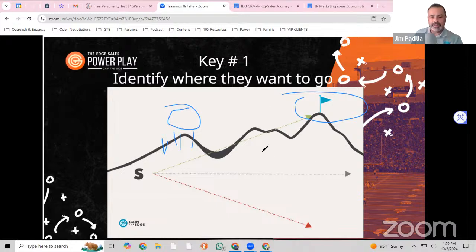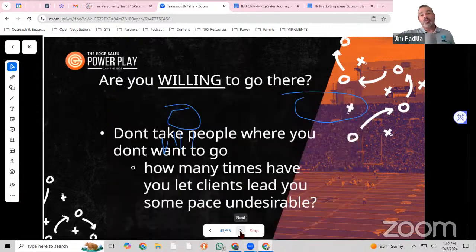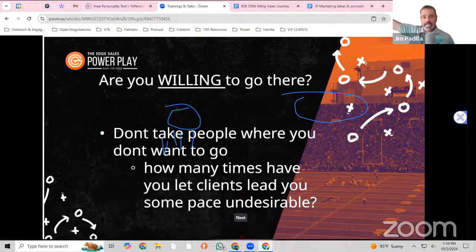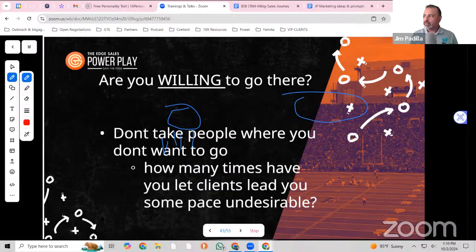Most important, right after that, now here's the next piece, is you then need to, whoops, come on now, my screen, take that off. There we go. I'm figuring this out. Okay, next, you got to decide, are you willing to go there? Where's the place that they need to go so this all wins? And then you have to figure out for you, are you willing to go there? Because you're going to find out a lot of times that you're not.